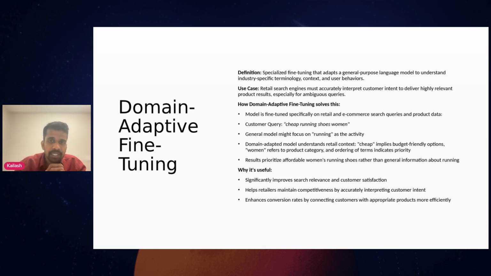Domain adaptive fine tuning. So this is fine tuning that adapts a general purpose language model to understand the industry specific terminology, context, and user behavior. For a general language model, the word apple could mean a fruit. But for a retailer, when customers want to buy apples, it might refer to the Apple product, the actual phone. It helps the retail search engines to accurately interpret the customer intent